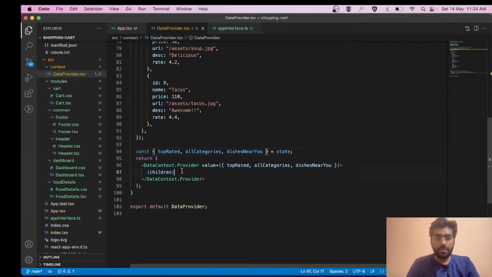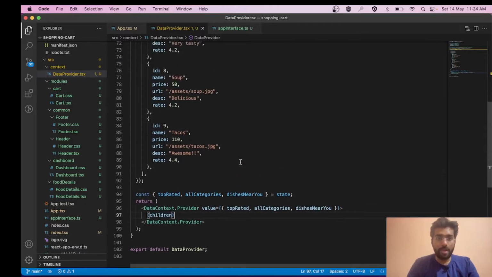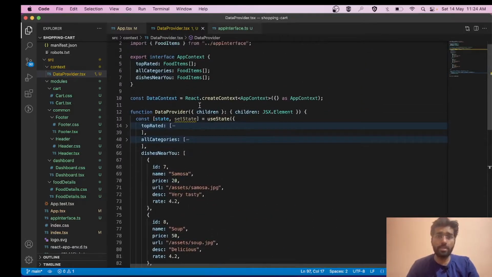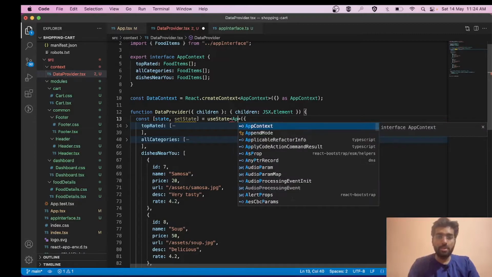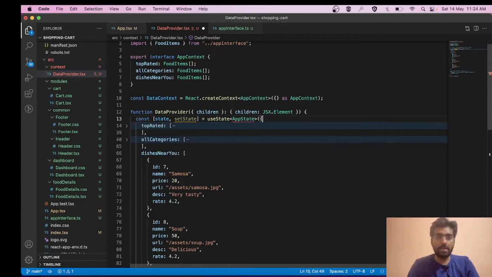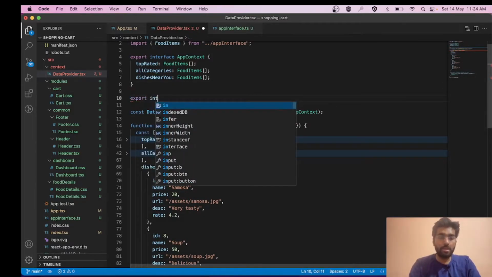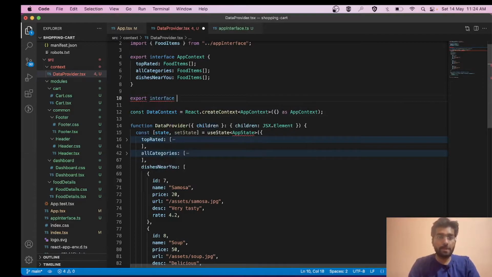Okay, so friends, we have successfully created the provider, and we have also emitted all the three values. We have created the context also, and we have created the interface for the context. One more thing you can do is also provide a type for your state. So you can simply add app state. Let me do it: interface, and over here app state.